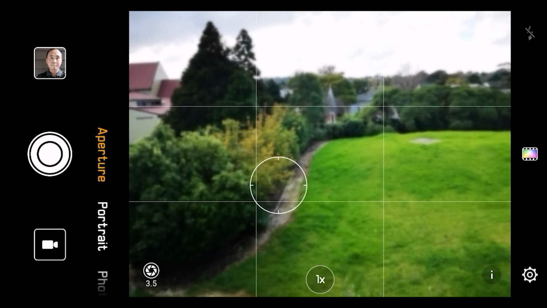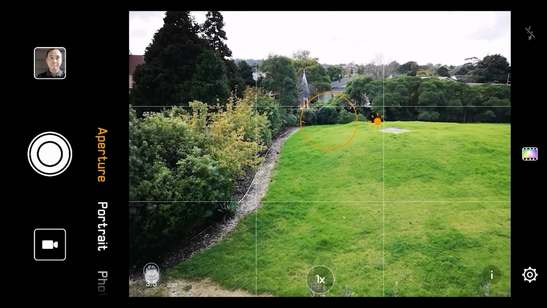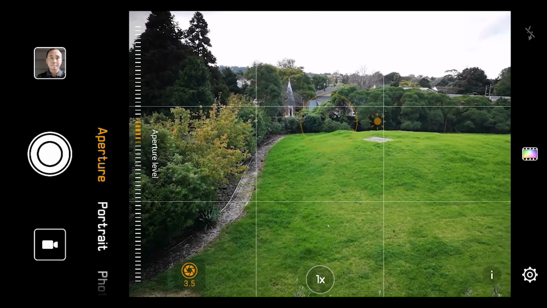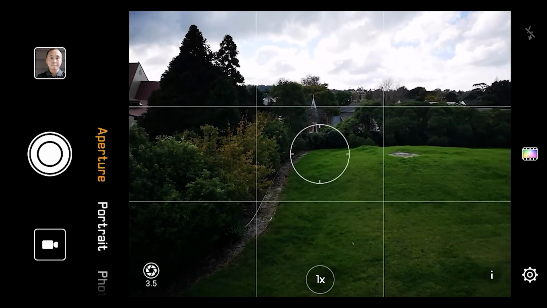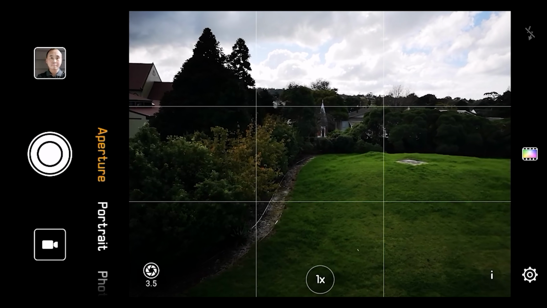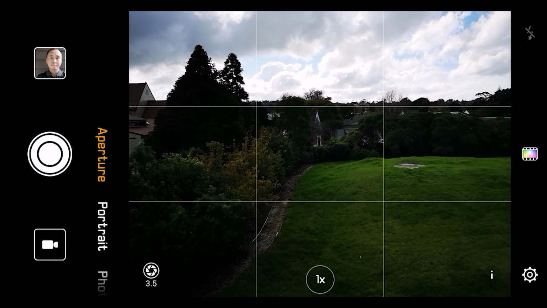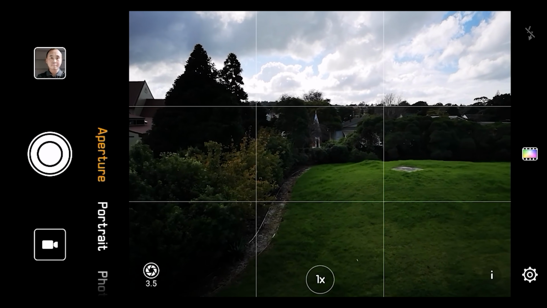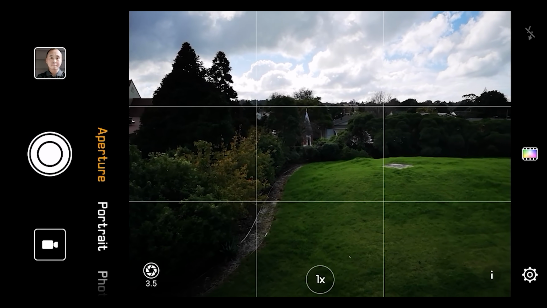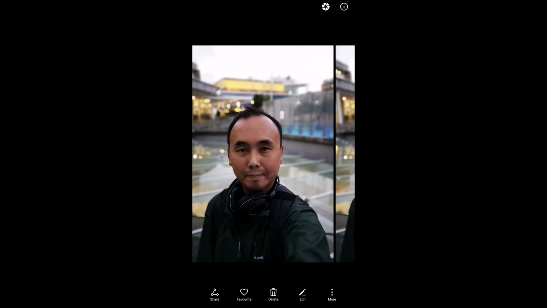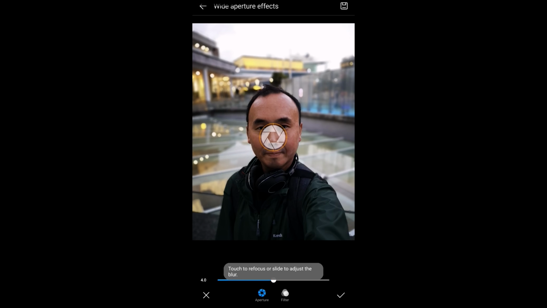Normally when I want to take a photo with the background blurred, even if it's a portrait, I prefer to use this one instead of the portrait mode, because with the aperture mode, the good thing is that after you capture the photo, you can go back and edit how much blur you want for the background, and also change the focus point if you didn't get it quite right at the beginning.